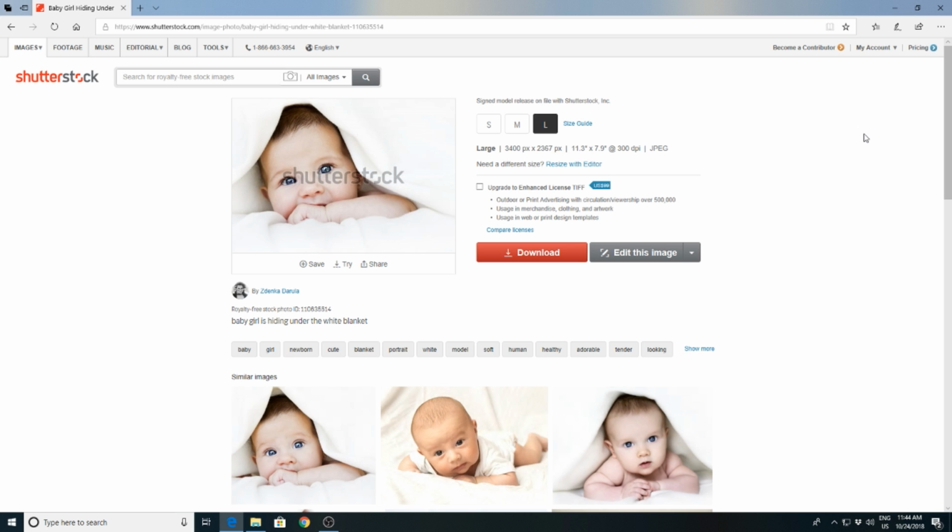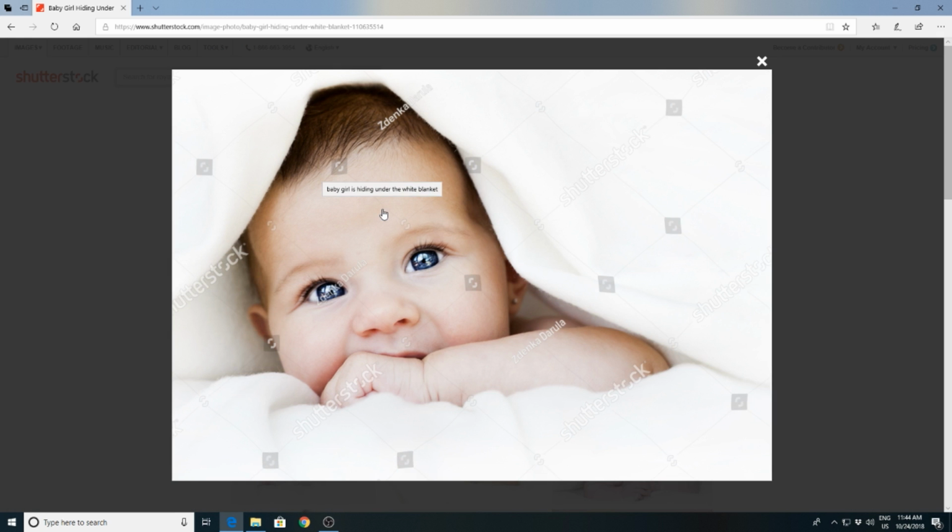Evergreen content. A perfect example is this baby photo. There will always be a need for baby photos. The fact that she's in a blanket and not wearing something current makes it good for sales years to come. Babies, fitness, families, business, health, food. Do you see yourself shooting any of these? Write them down.